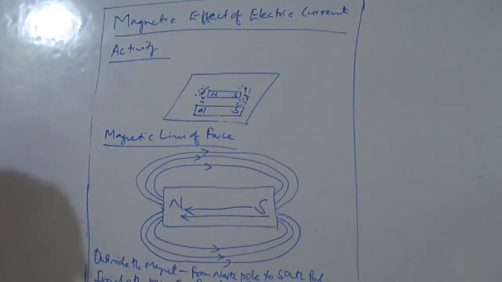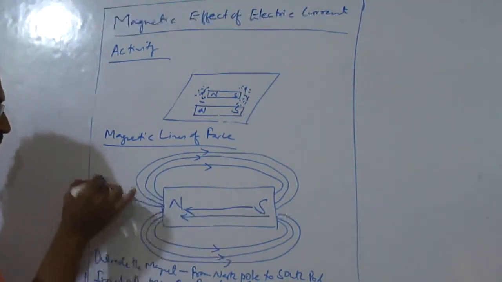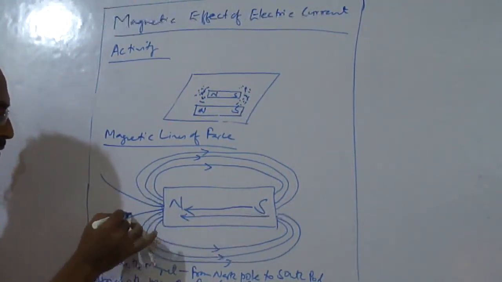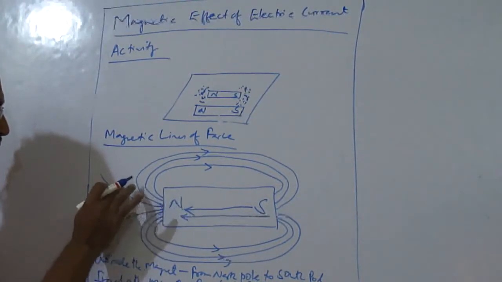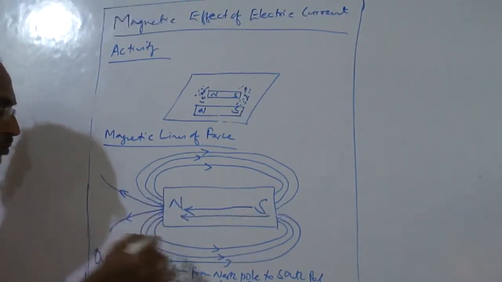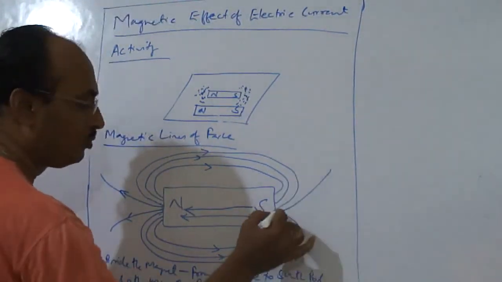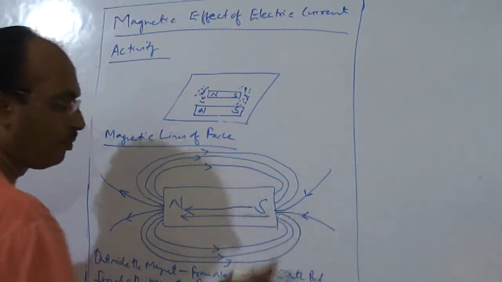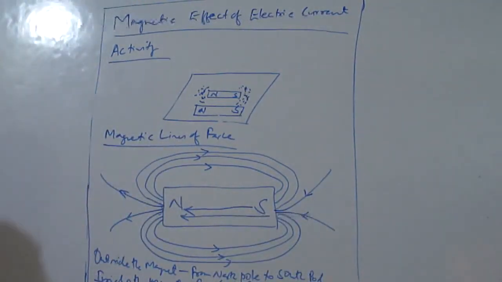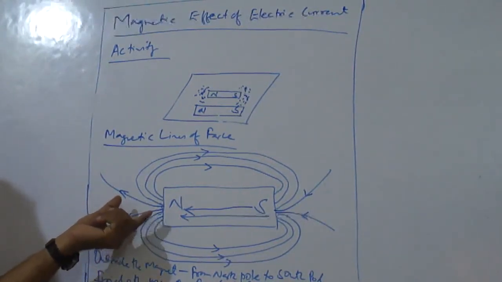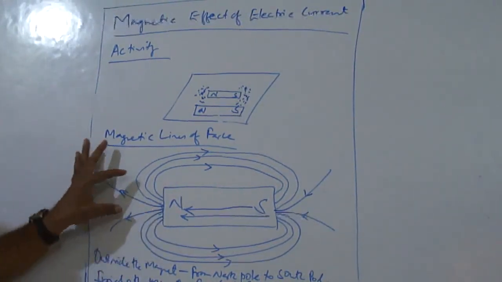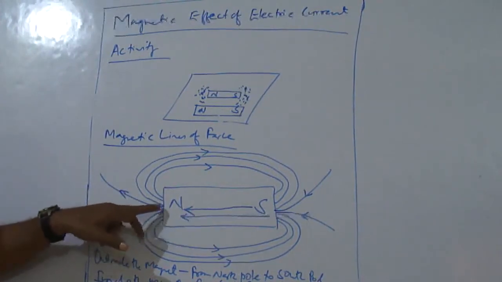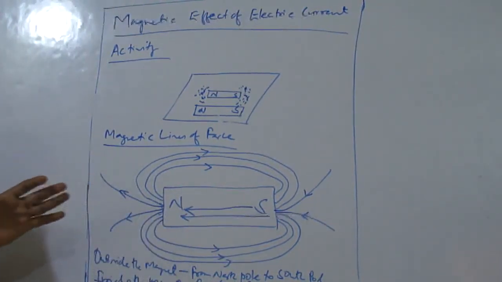Now what you find here is that these magnetic lines of force are very dense near the pole. Dense means they are very close to each other. See, one more thing, in electrical lines of